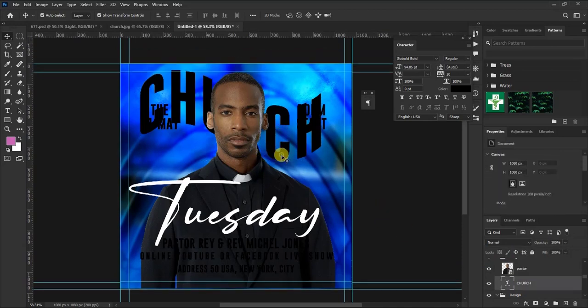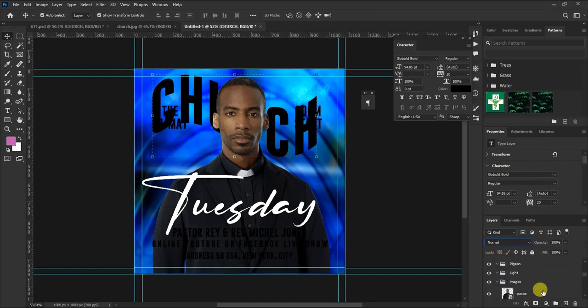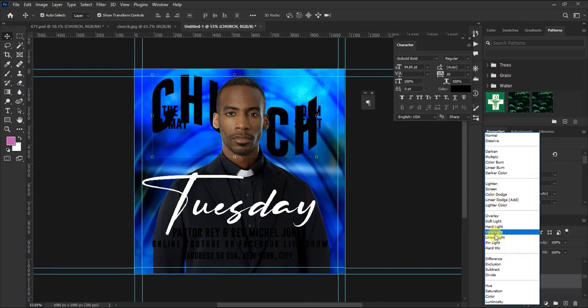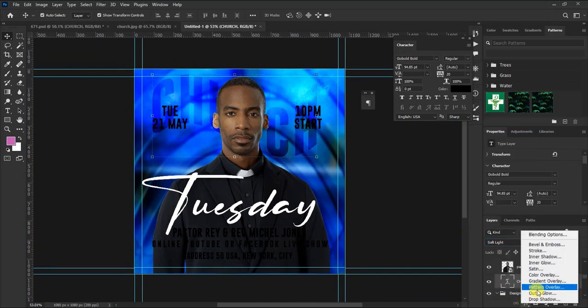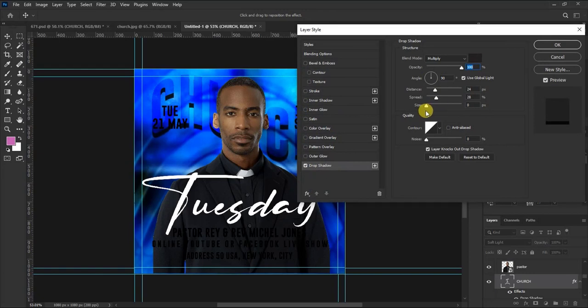So I'm just going to change the blending mode of the text to soft light. Then I'm going to add a drop shadow effect. It's very easy to add the drop shadow. You can play with the distance, the spread, and the size. You also have the angle. I'm going to leave it at 90. Click OK. Now you can see